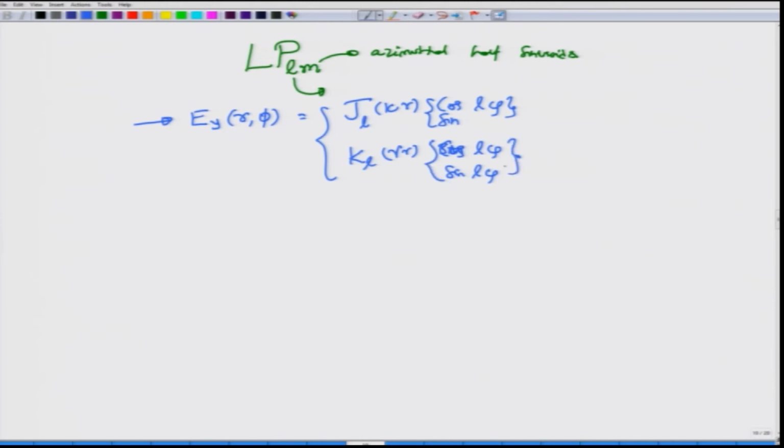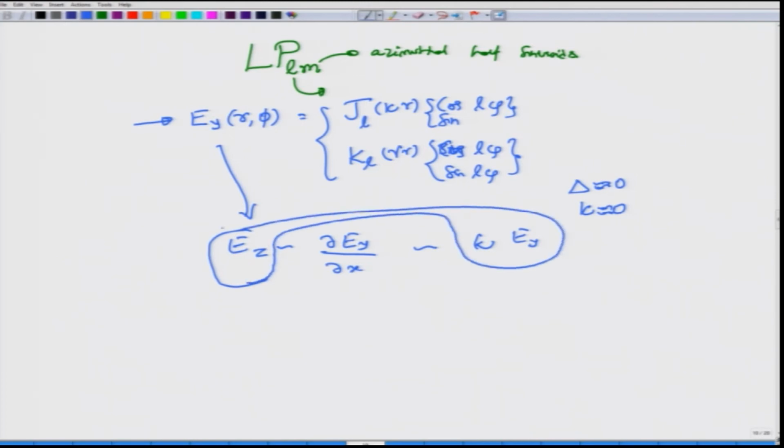And then he used Maxwell's equation to show that Ez, which is really proportional to the derivative del Ey by del x, will be kappa times the electric field Ey, and we already know that in the approximation delta equal to 0, kappa truly is equal to 0, but if delta is not exactly equal to 0, approximately 0, then kappa will be approximately 0, and what we have just figured out without solving the equations of course is that Ez will be very very small compared to Ey, because Ez is kappa times Ey, and kappa in the linear or in the weakly guided approximation is actually equal to 0. So, this is the basic idea behind the linearly polarized mode.